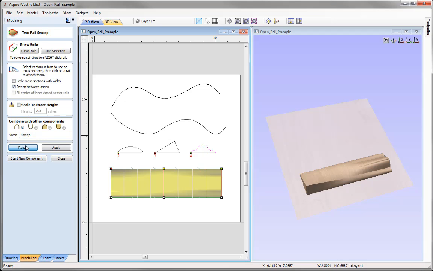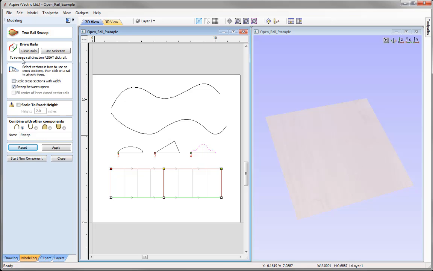So let's just reset that shape, and then we're going to look at clearing those rails. Now we're going to look at how the software controls how the shape flows through each of the cross sections. So let's take this vector here, shift and select this vector here, use selection, then we're going to